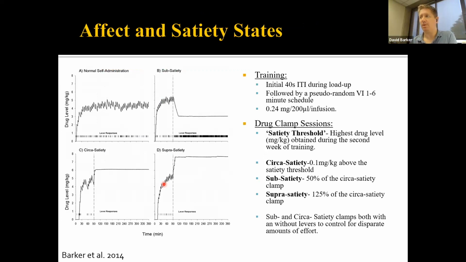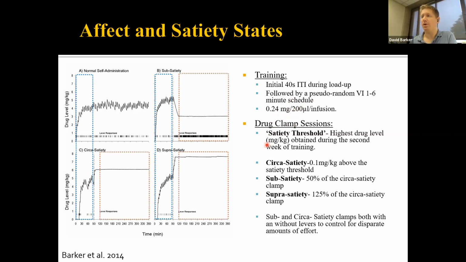So animals were all trained on an FR1 schedule with kind of a 40-second time in between their drug availability. And then we eventually switched this to a longer schedule where there's a variable interval and trained them to regularly administer cocaine at 0.24 milligram per 200 microliter infusion. And then after this, we administered a series of drug clamps where during these clamps, animals were able to load up normally for the first about 90 minutes. And then after that,